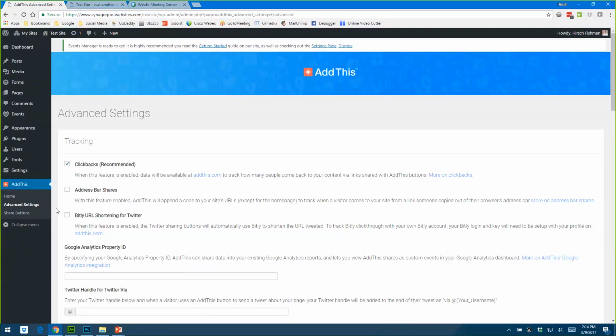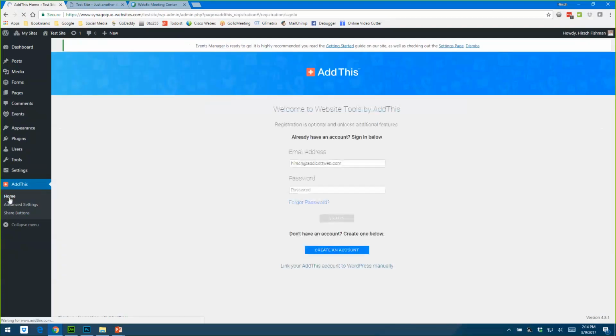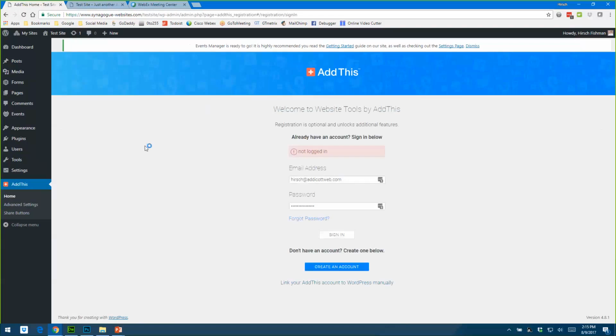Oops, I actually want the home link. Well, once you sign in, actually, there will be all sorts of settings here. Let me see if I can sign in. Well, that's interesting. But in any case, it will allow you to configure a social media sharing toolbar, which you